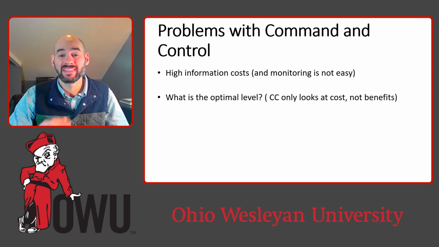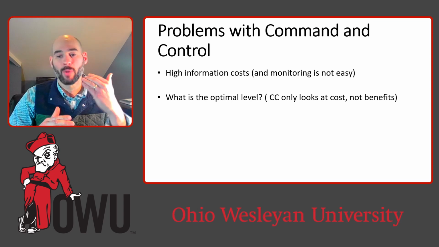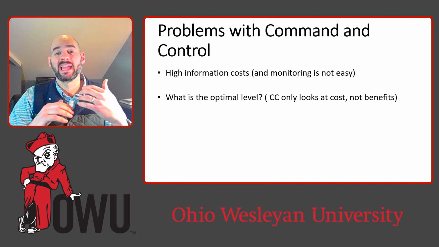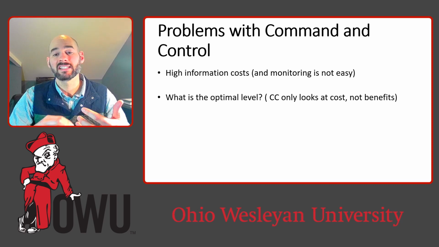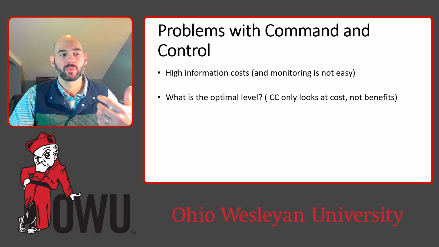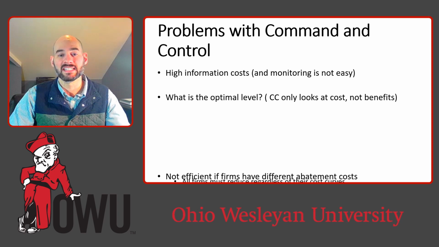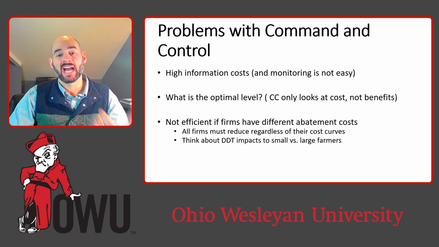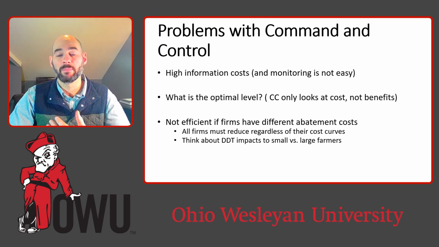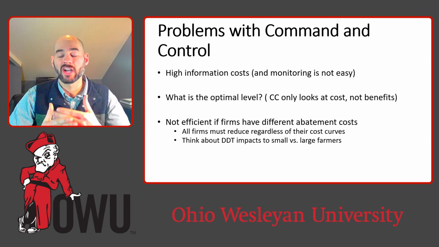Secondly, we have to know what that optimal level is, in which case we need information about marginal cost, marginal benefits, and command and control is only concerned about the cost and not about the benefits. And so this requires, once again, much more information about the impact of that externality on society. And it's not going to be efficient if firms have different abatement costs. And by not allowing them to engage in trade between each other when it comes to abatement and pollution control,